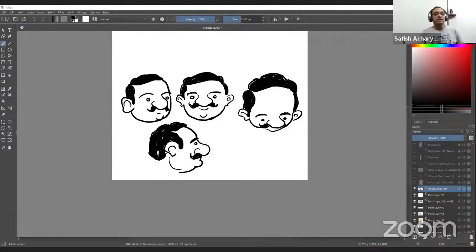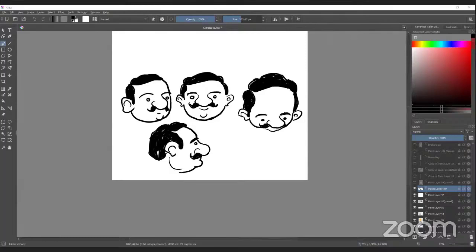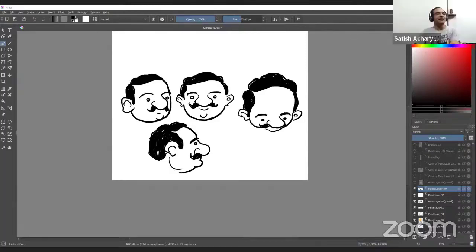Lots of questions are about ideas. How do you get ideas? It's a $5 trillion question actually, because there is no answer from any cartoonist. Even if I draw 10 cartoons today, I may not get a good idea tomorrow. That's how it is. Most of the ideas are spontaneous. Some ideas you work on and improvise, then come up with what you feel is a good idea.